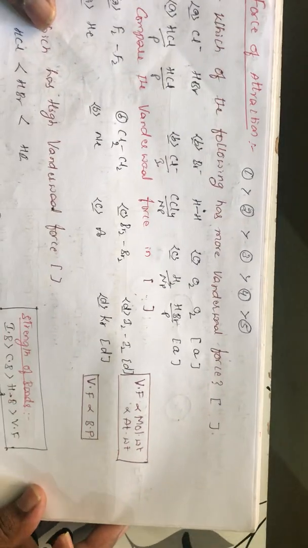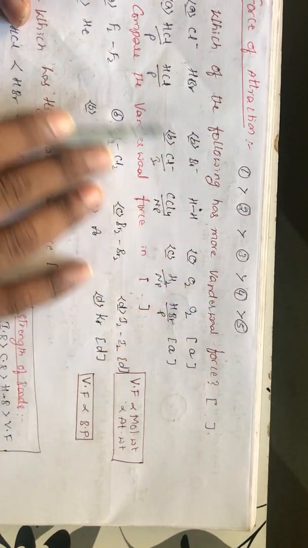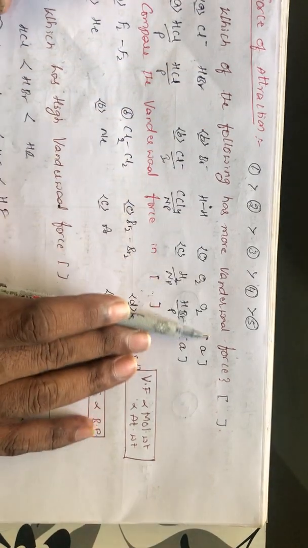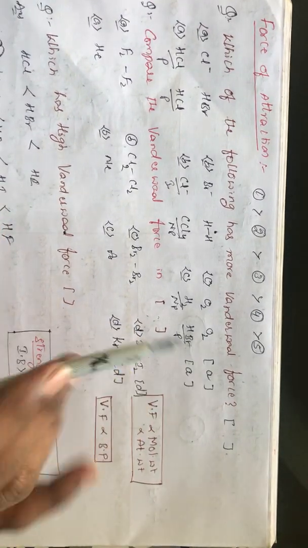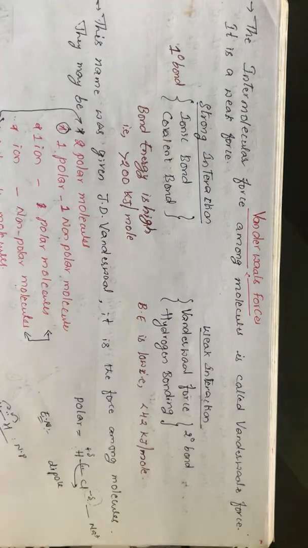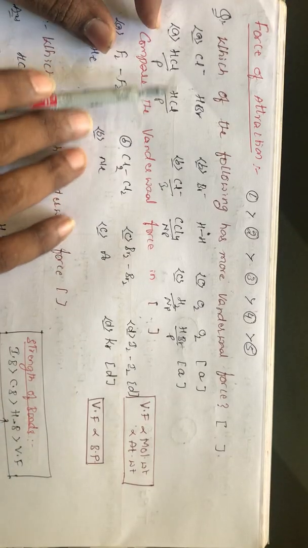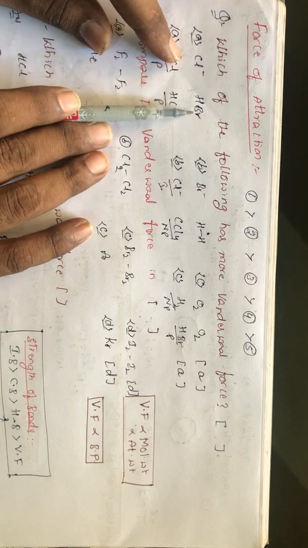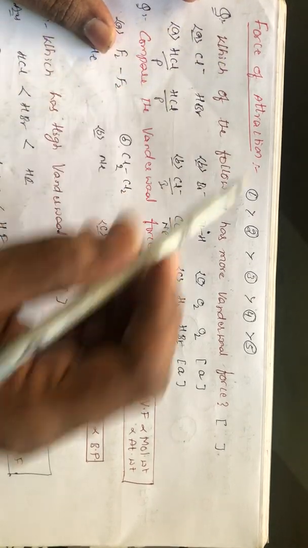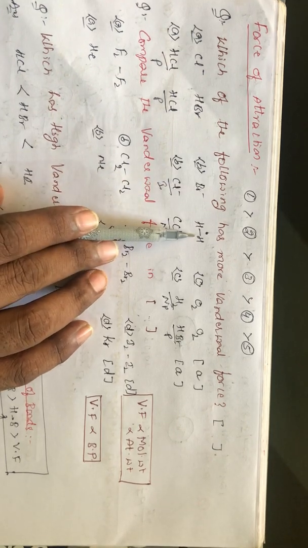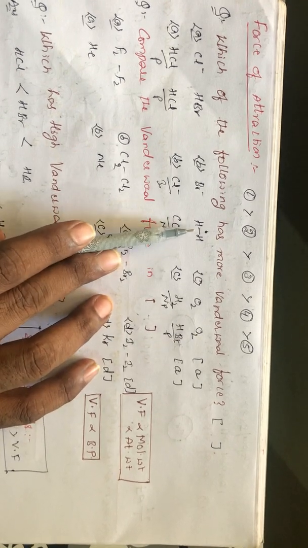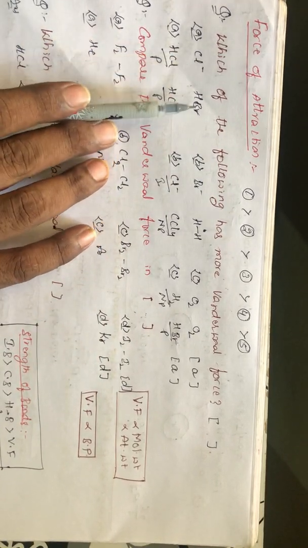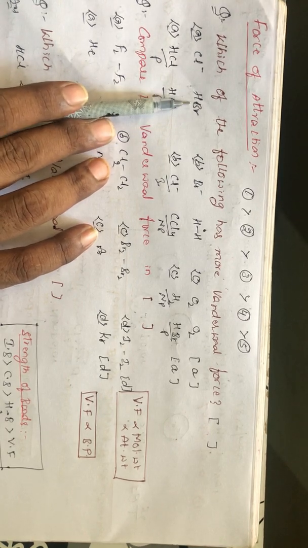So as I already mentioned, let us take one example. Which of the following has the more van der Waals force? We should know this order, right? I already said it on the previous page. If you are good at that, the first one will be ion dipole. This is the condition: one should be an ion and the other a dipole. So here A will be the answer. And if you see here, this is non-dipole, meaning non-polar, non-polar. This is a non-polar ion. And this one has ion as well as dipole. Among these, this is the highest one. So it is A.